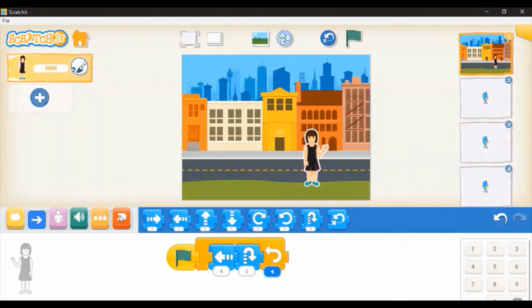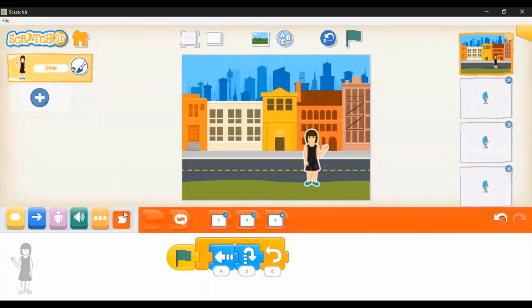The last block is the end block, which is in the red color. The first one is simply end. So I can place it here so that my program starts when I click on the green flag and it ends here. I want to repeat this entire program. See this yellow loop. The yellow loop is actually repeating only two commands, right? And that too a finite number of times, that is 4.